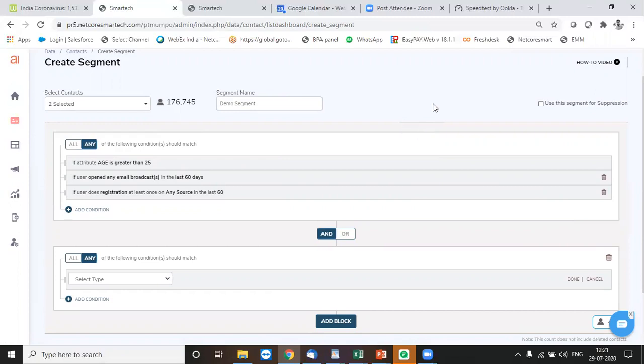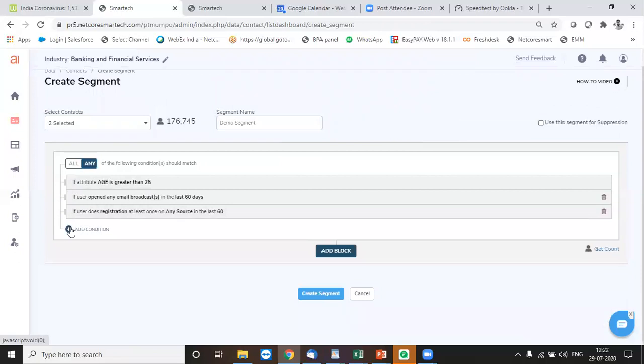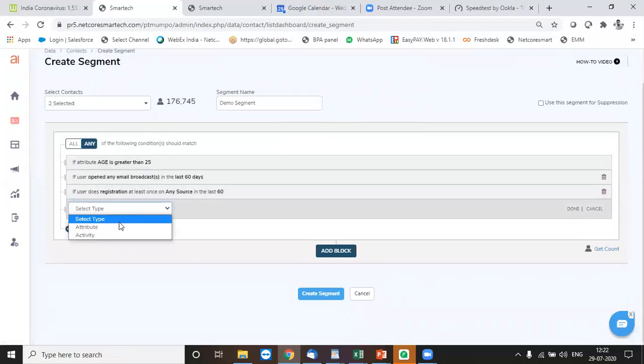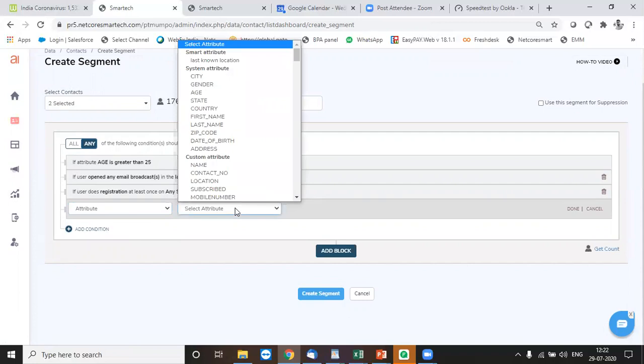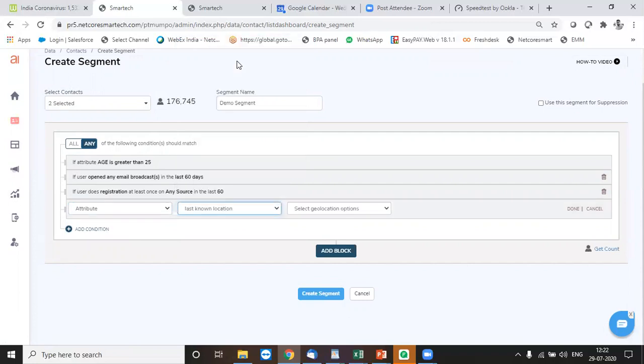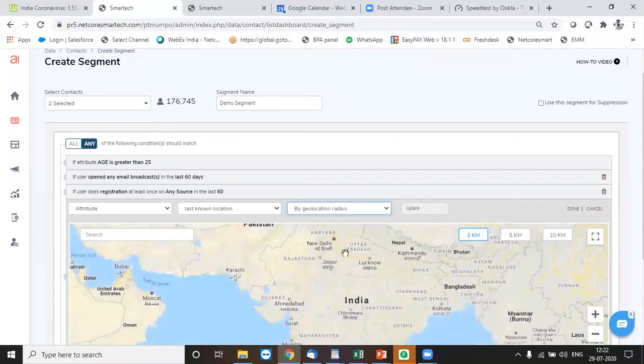Okay, so this is how I can build up my segment conditions. Many more aspects can also be added over here, like location capture. Depending on what kind of integration is there with your mobile or website or your mobile app, we can select that option over here, last known location. Radius wise or geolocation wise, you can select that over here.